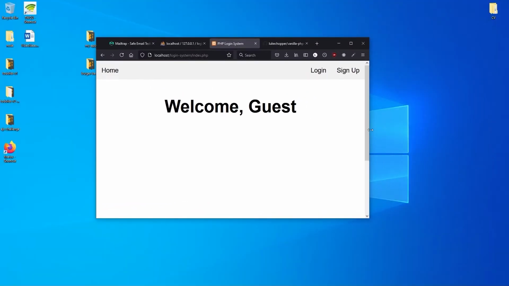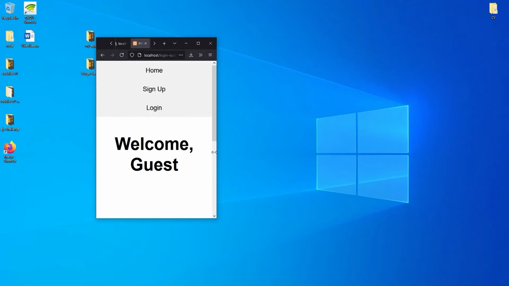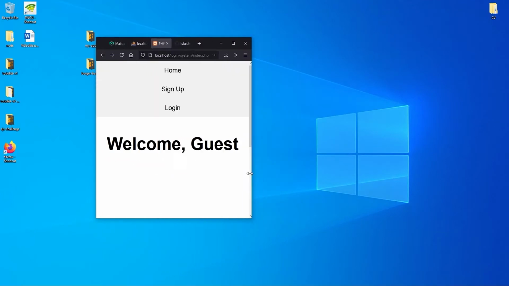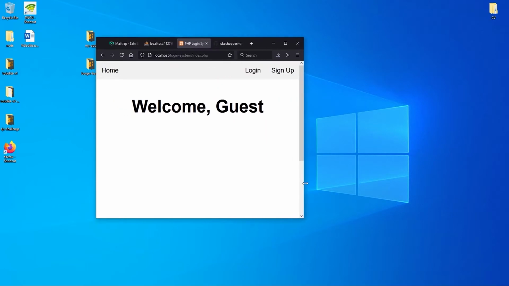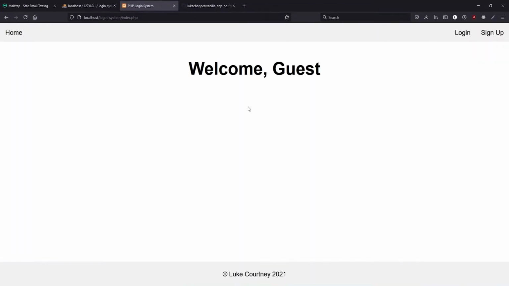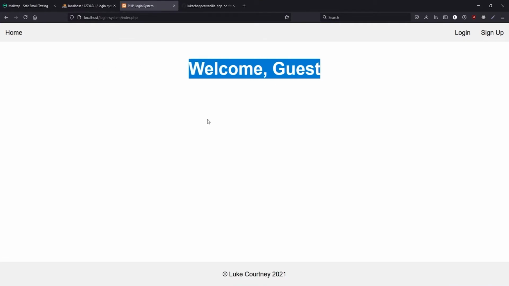Don't make a fuss over the styling of this project. I know that it isn't great, but since this is a PHP tutorial, the styling is less of a priority, and to save time we will start the tutorial with the style sheets already made. But as you can see, very simple application. There isn't actually anything that you can do on this application other than the authentication procedures, which are the focus